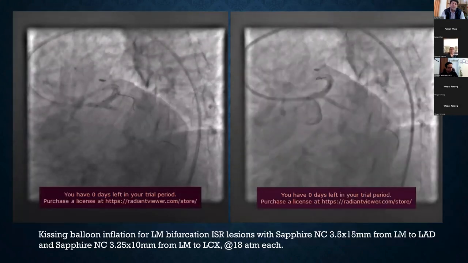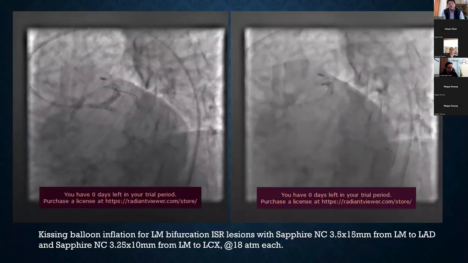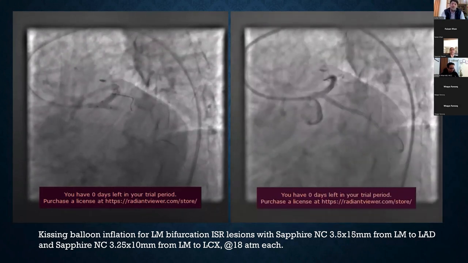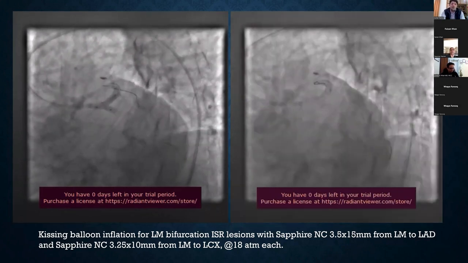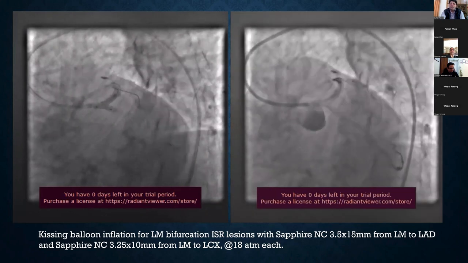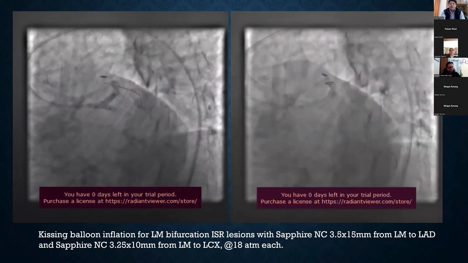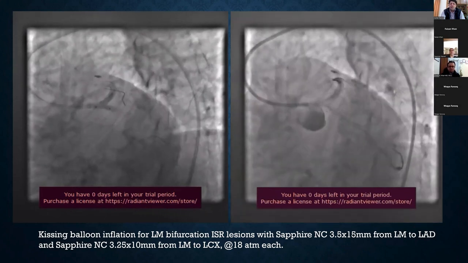So we went with kissing balloon inflation of left main bifurcation ISR. We first used Sapphire NC 3.5/15 from left main to LAD and 3.0/10 from left main to circumflex at 18 atmospheres each to prepare the lesion. And on the right, you can see the angiography result after that NC ballooning,